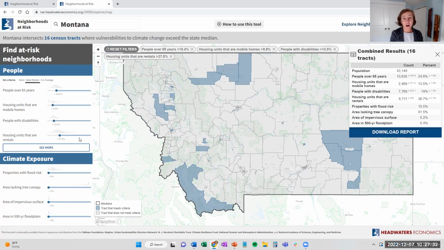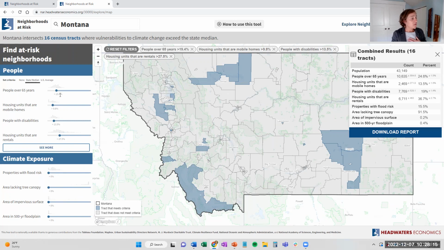So I know that there are a lot of climate adaptation professionals in the state of Montana working right now to think about mitigating flood impacts specifically to folks who live in mobile homes. Mobile homes are more likely to be damaged in a flood event, and mobile home residents have a harder time recovering because they often can't access federal aid money in the United States because they often don't own the land underneath their mobile homes. So Montana climate folks are thinking about adaptation strategies like buying out mobile home parks and developing cooperative ownership structures so that mobile home residents will be able to access some of this aid.